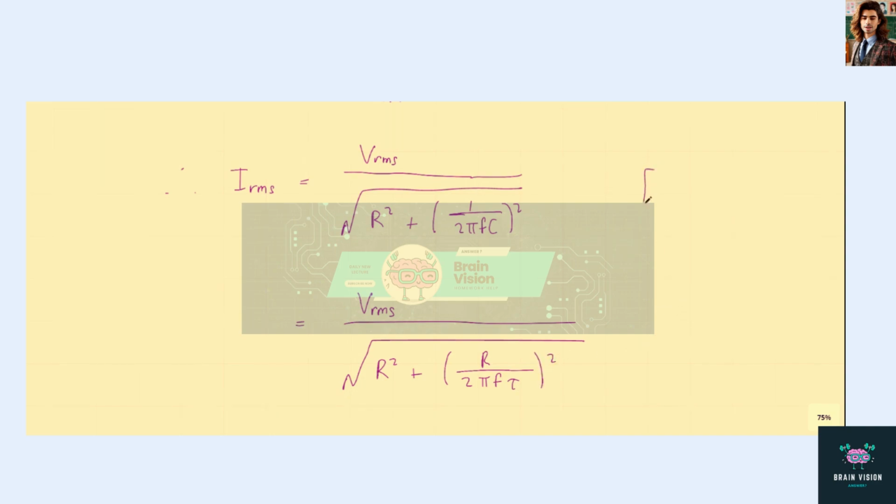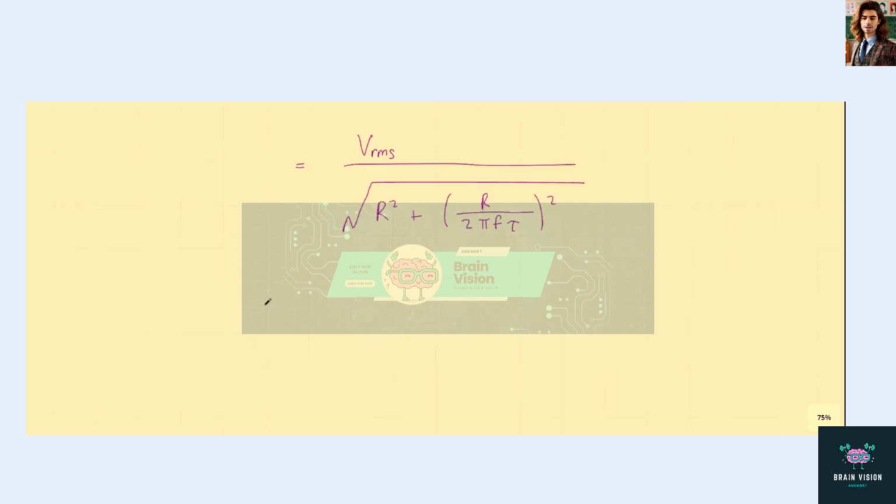So remember, we know that tau is equal to R times C, or simply C is tau over R rather. So in this equation, we can substitute our values since all of them are known. So this becomes 24 volts, which is the RMS voltage, divided by the square root of the resistance, which is 18 ohms squared, plus